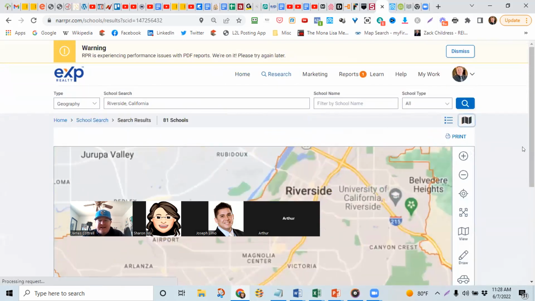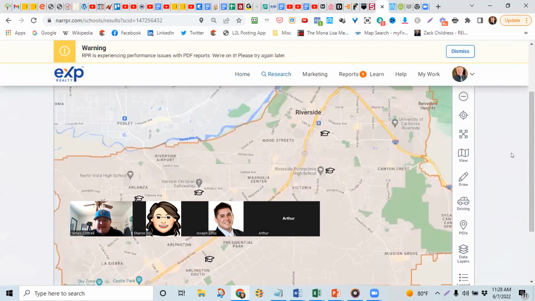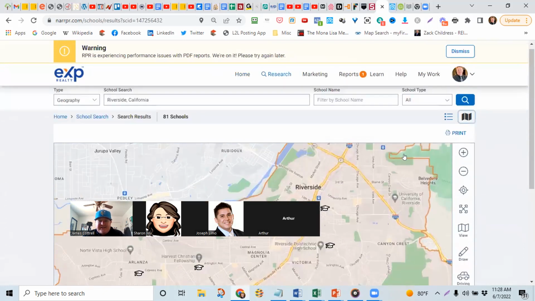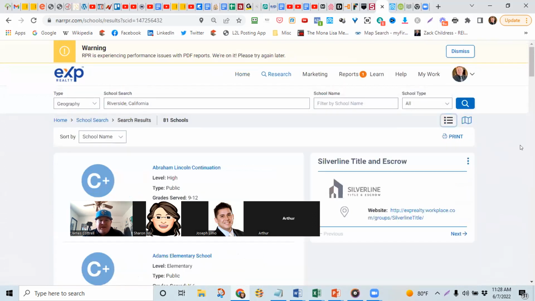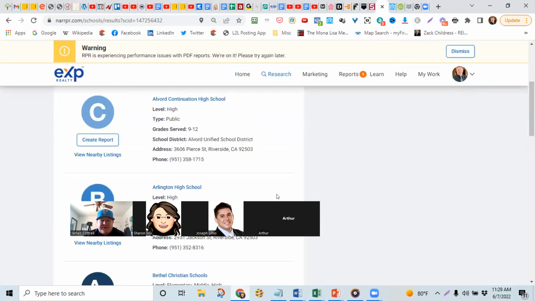The cool thing is you could utilize this as an image, and I'll show that, but I just wanted to show you where that map was. Now there's this school type, and you can filter by elementary, middle, or high school. So in my opinion, you could create three different landing pages to share that use the same strategy. I'm going to select high school and hit filter here. There are 21 high schools in there.